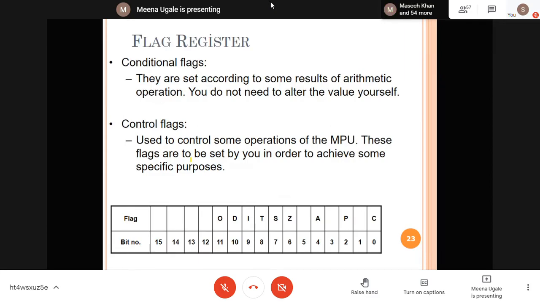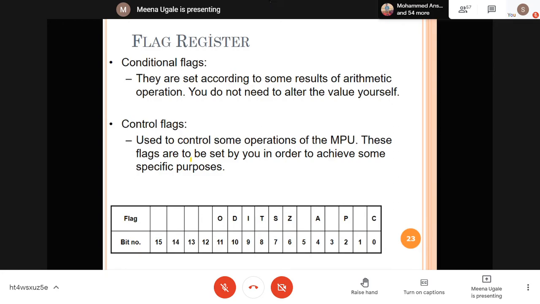Condition flag bits are set according to the results of arithmetic operations. You need not alter the value yourself. You're not allowed to change the values of these flag bits. Whereas control flags are used to control some operations of the microprocessor unit.